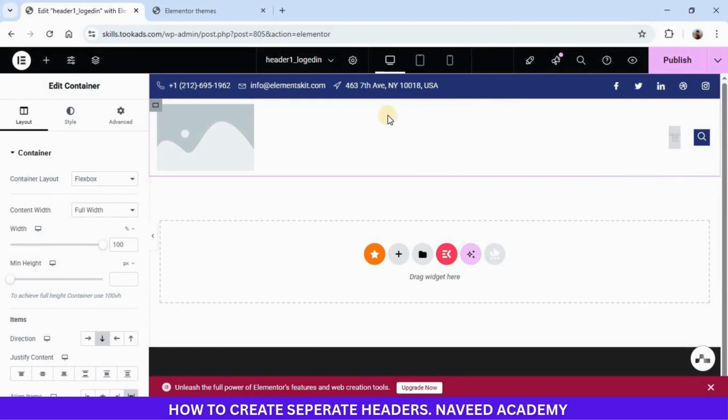Now as you can see that our header has been applied, but we need to set some things like we need to set the logo. Click here, choose a logo image.